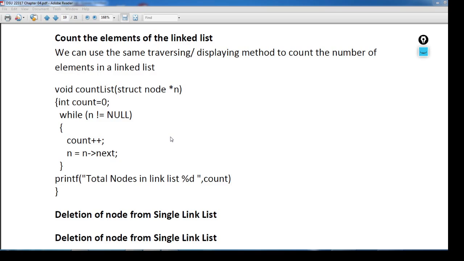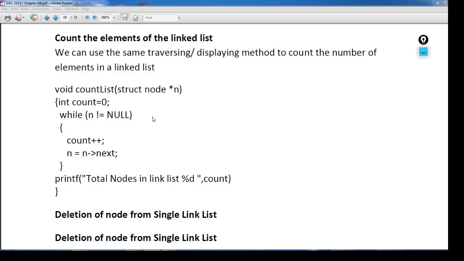So in the practical session we will see how to write a C program for your linked list operations. So basically there are 3 operations: insert node, delete node, and display the content of the nodes. Creating a node is also one of the operations, but we will not consider it as an operation because it is very easy. One more thing I will teach you in the next lecture practically, that is how to count the number of nodes, right? That is also very easy. We will see practically how to write a program on this.